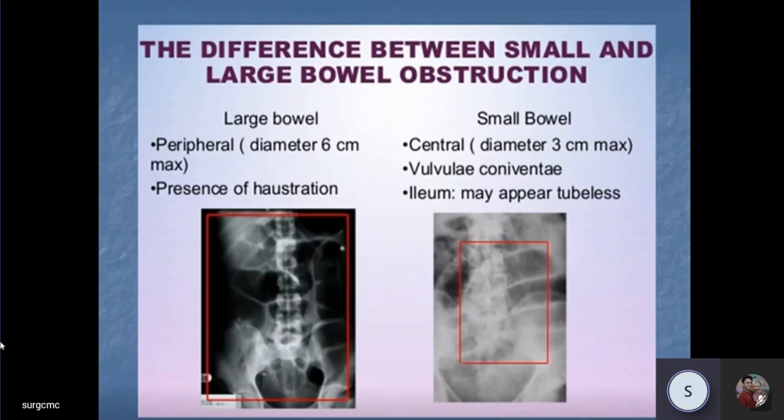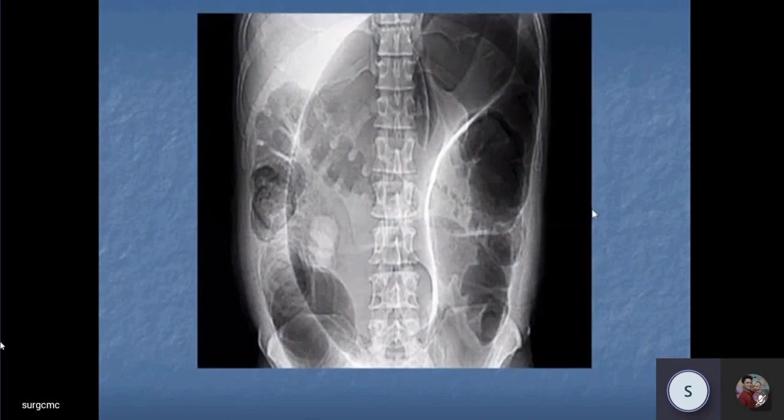Now, in large bowel obstruction, I told you about valvulae conniventes in small bowel. But in large bowel also there is something very classically visible. We understand the large bowel is of larger diameter and more peripherally placed, but these are nothing but the haustrations. The haustrations also become prominent when the large bowel is dilated. This is again a picture of a volvulus. This is the intervening part, and this is the hugely dilated sigmoid colon.